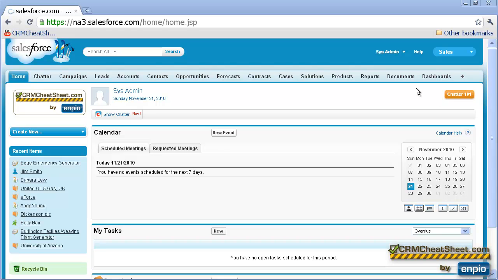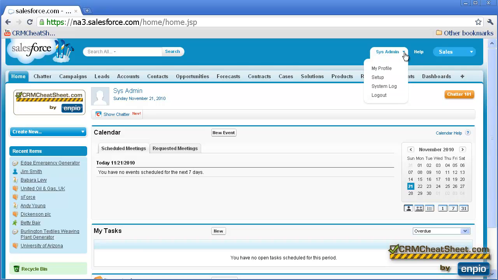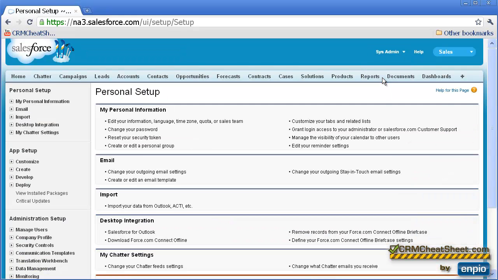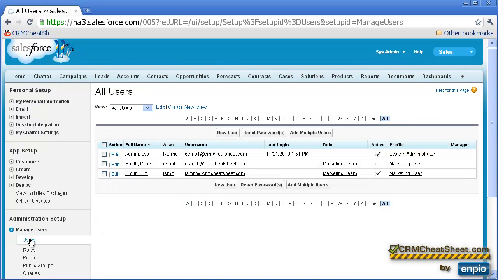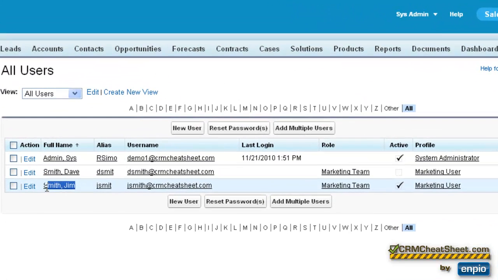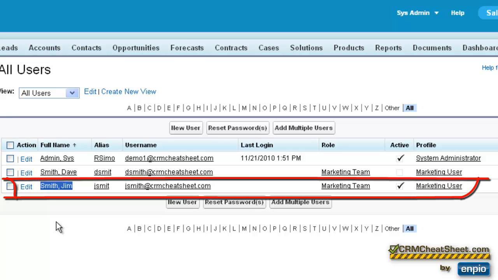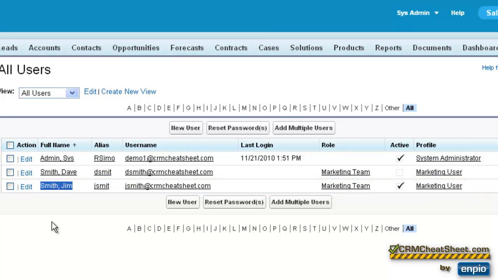So you have to have System Administrator access, and we're going to go back to our menu, down to Manage Users, and this is the same place we went to when we created user accounts to begin with. Now here the user that we need to remove from our system is Jim Smith, and again we're not actually going to remove him from our system as much as we remove his access from being able to log into the system. On this screen we can see who all of our users are, and we can also change